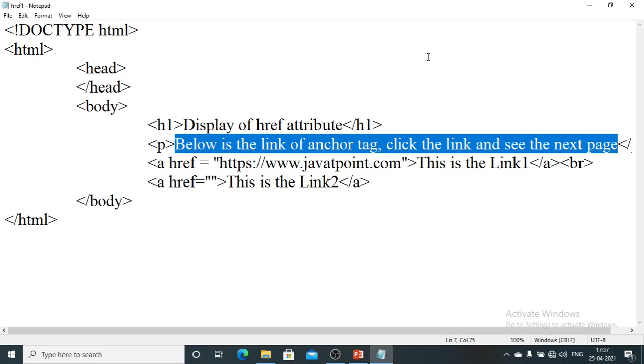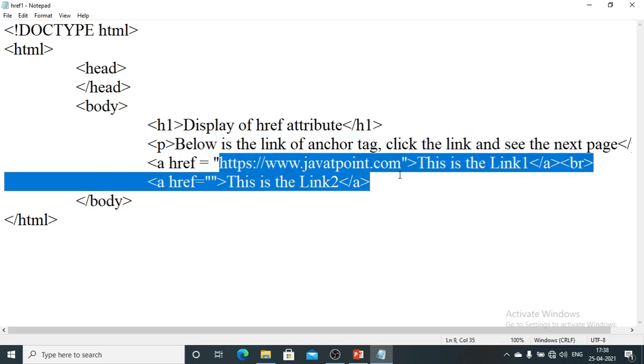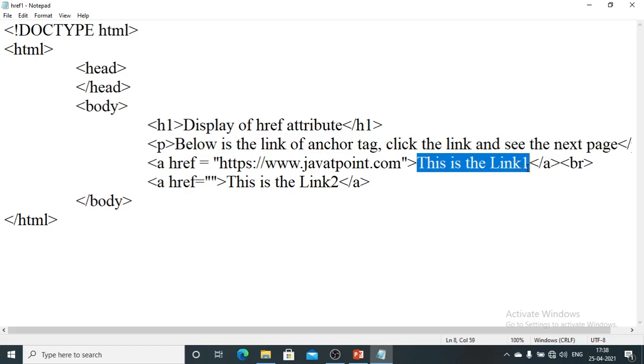If it is a website link, then definitely it will require some network connectivity. Here the link I am providing is a website link, https://www.java2point.com. Once I use this href link with the statement, this is link 1.